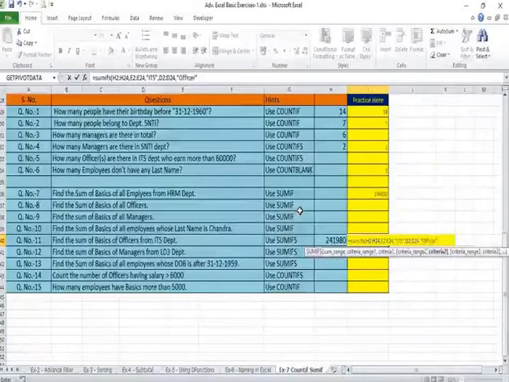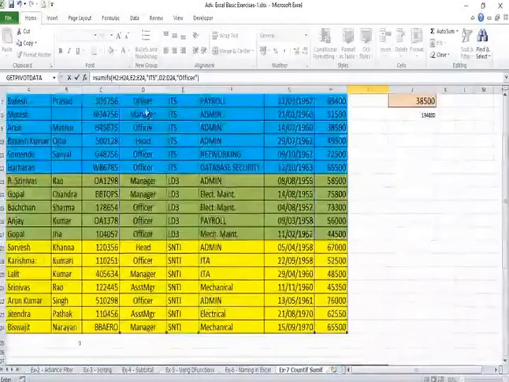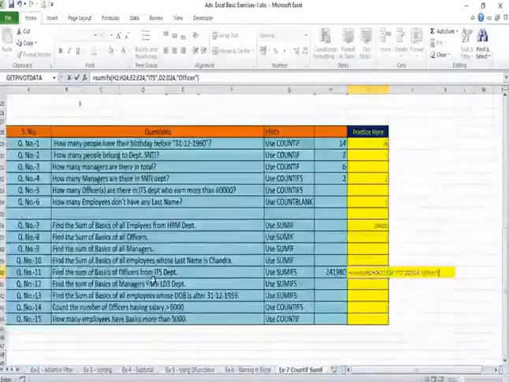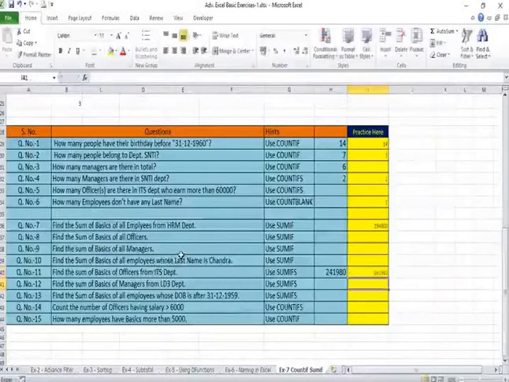The question says officers, but here you will have to write officer. The same spelling you will have to follow, which is mentioned in the database. If you make a mistake in the spelling, where most of the people make a mistake, so I am cautioning you that be careful while writing the spelling. So press the enter key at the end and you will get the result.